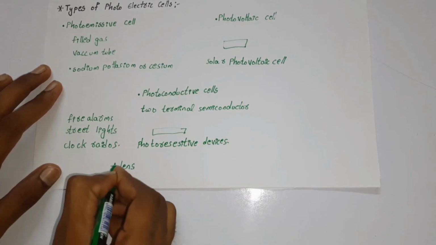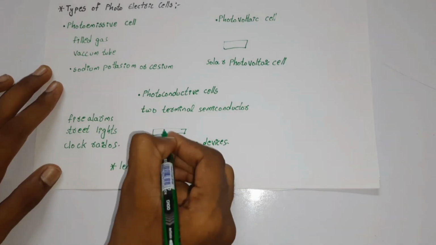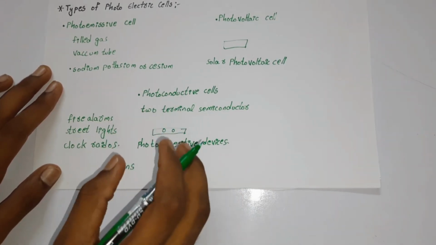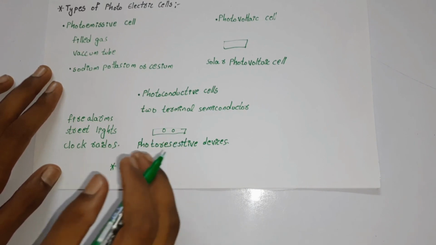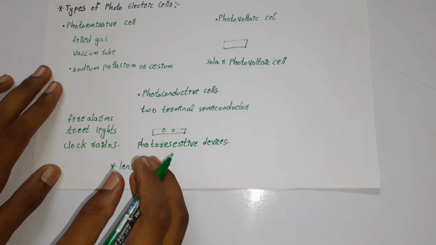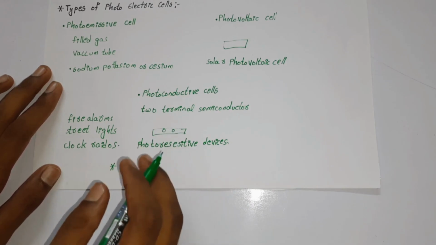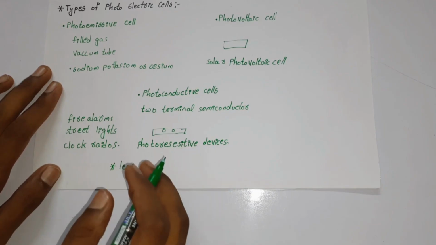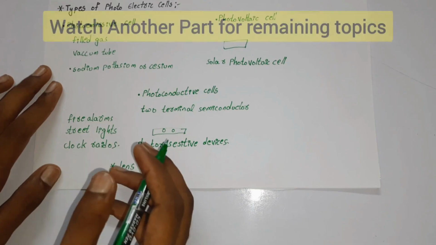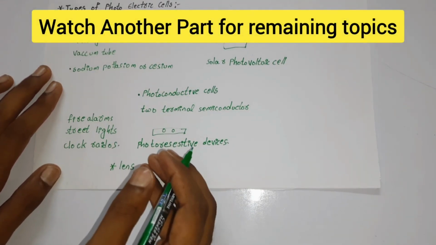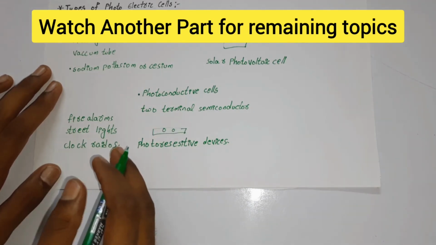So this lens sits on top of the surface of the material, which makes the light concentrated where it needs to be concentrated. This concentration of light to where it needs to be makes devices like fire alarms, street lights and clock radios activate because of this variance of light. So that is how the different types of photoelectric cells are classified. Now let us see another important